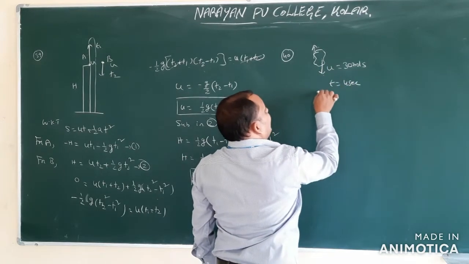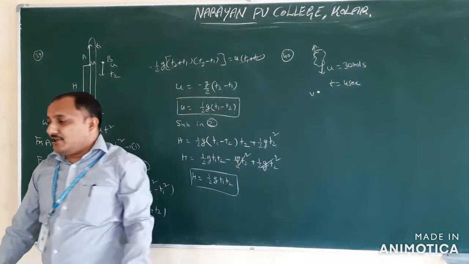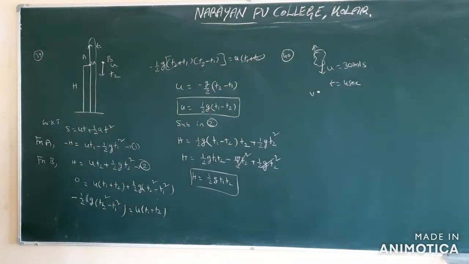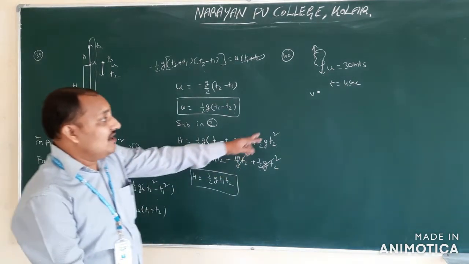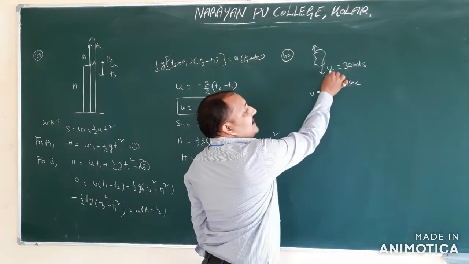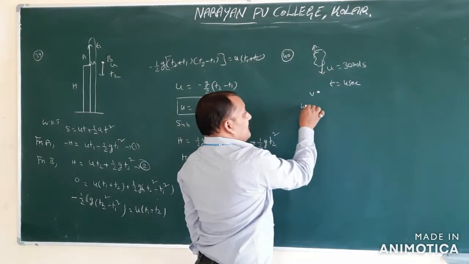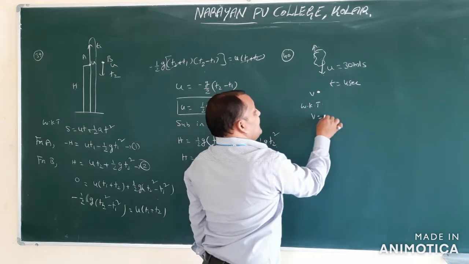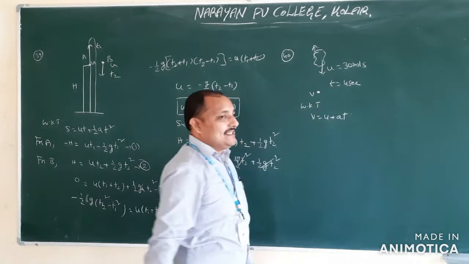So it will be somewhere here. It is somewhere here, which means it is coming downwards. Downwards means velocity is going to increase. They are asking for that velocity after 4 seconds. Which formula are we talking about? Final velocity, initial velocity, time. Which is the relation? So we know that V is equal to U plus AT.